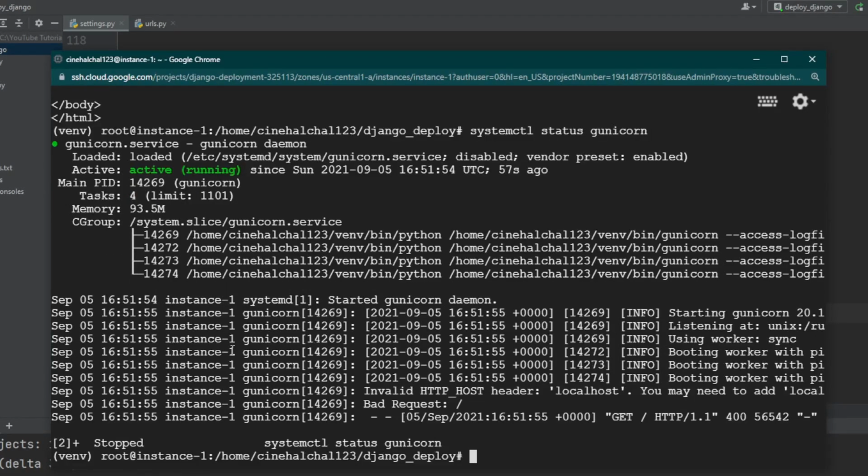Ctrl+Z to exit. Now create and open a file with our project name inside the Nginx sites-available directory, which is nano /etc/nginx/sites-available/deploy_Django, which is my main app's name.